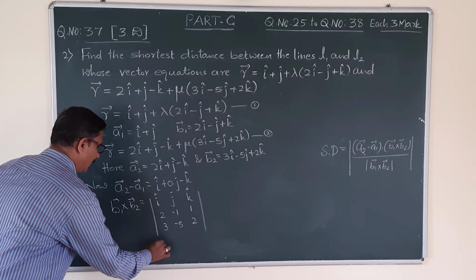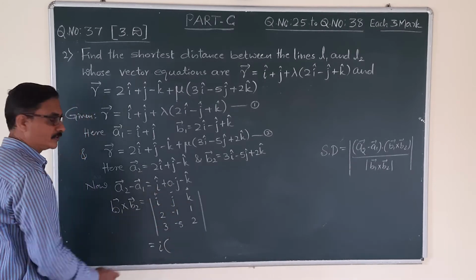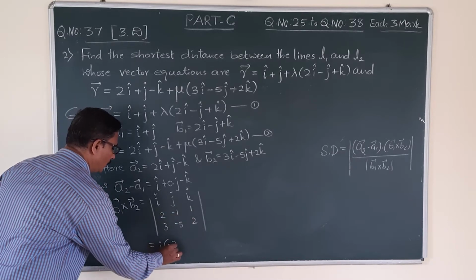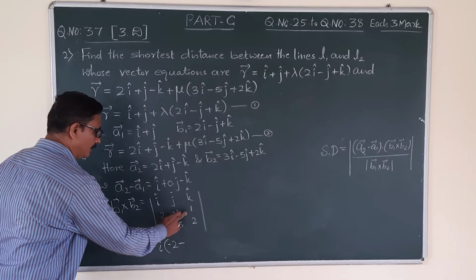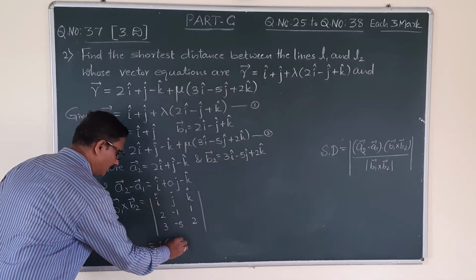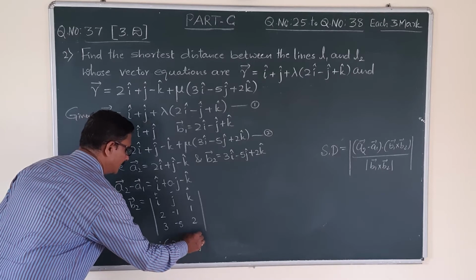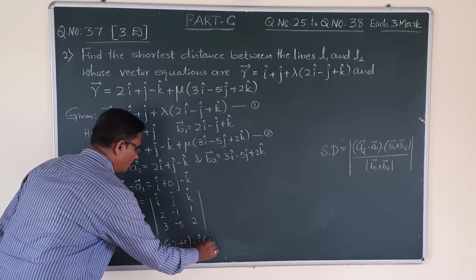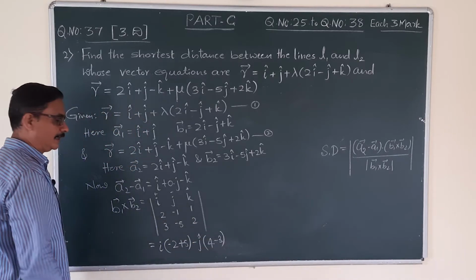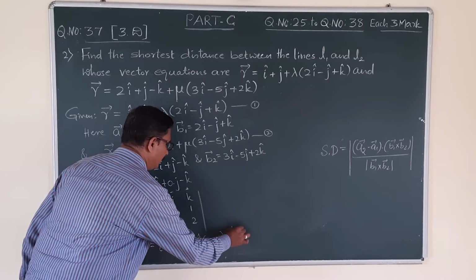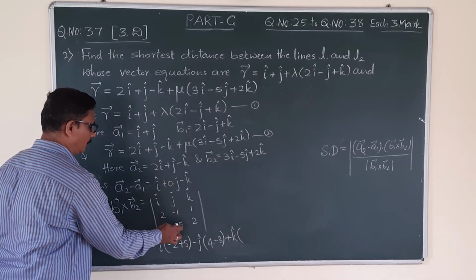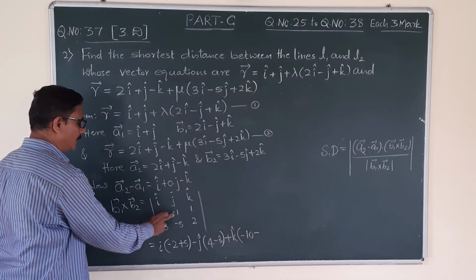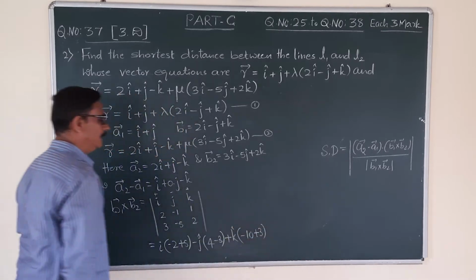Now that is i into, deleting the first row first column, you will get four numbers, the difference of the cross multiply: minus 1 into 2 minus 2, difference minus, minus 5 into 1 minus 5, that minus into minus, plus 5. Minus j into, deleting the first row second column, four numbers cross multiply, 2 2s are 4, minus 3 1s are 3. Plus k into, deleting the first row third column, four numbers cross multiply, 2 into minus 5 minus 10, difference minus 3 into minus 1, minus 3 minus into minus plus 3.